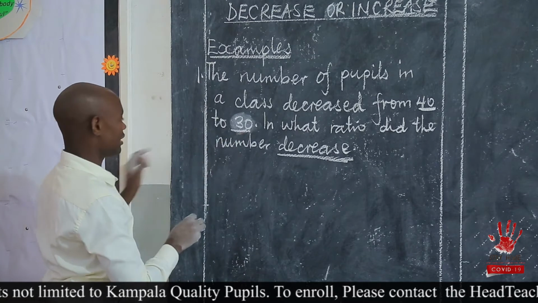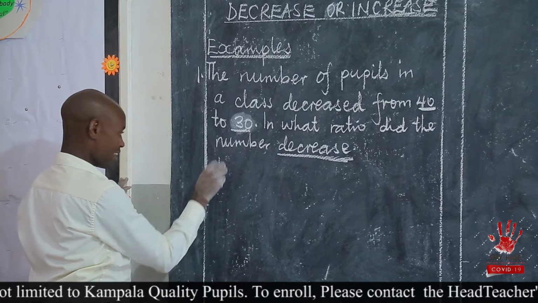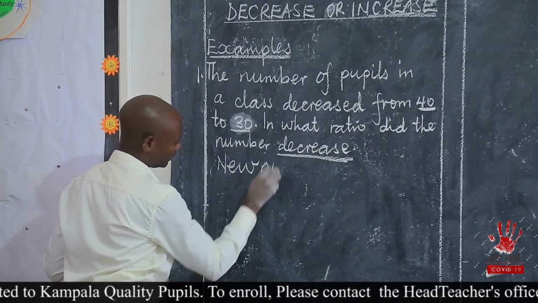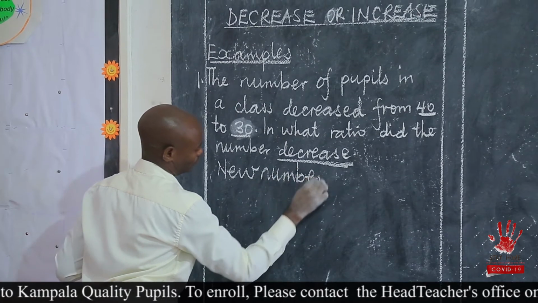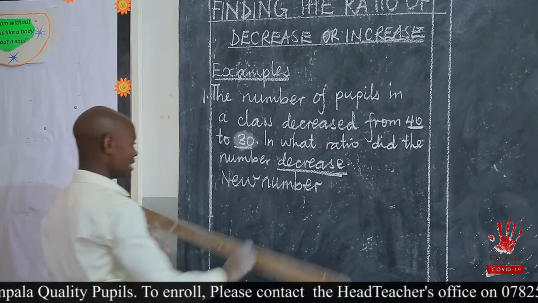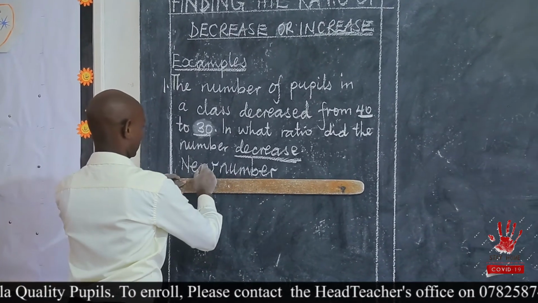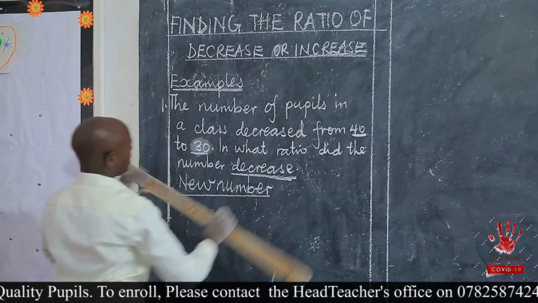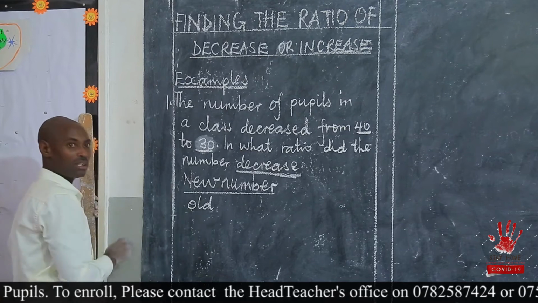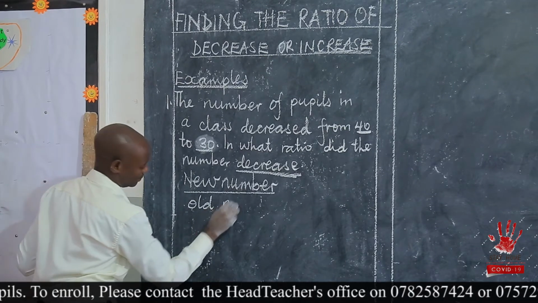So for that case, we shall get the new number after decrease. Then we divide it by the old number, which we can call the original number,